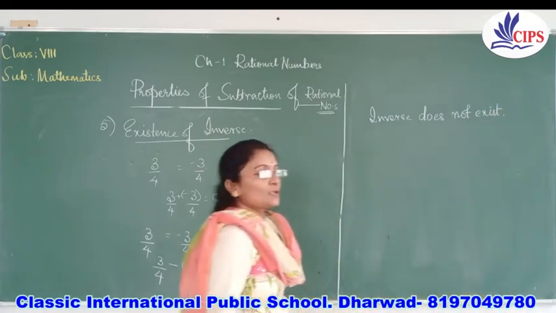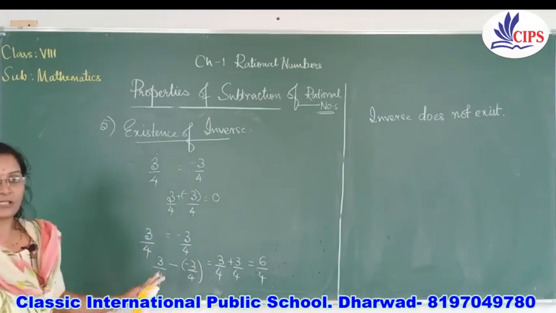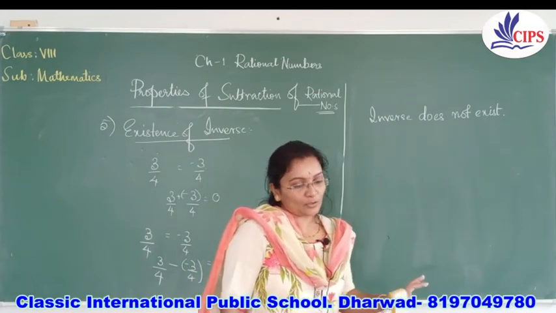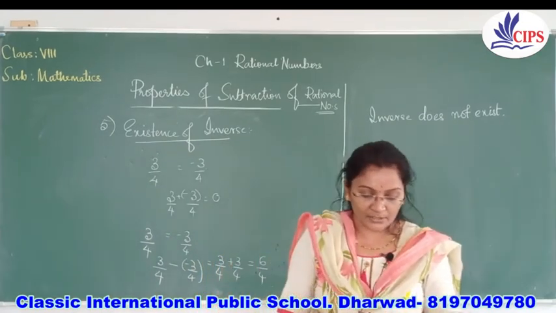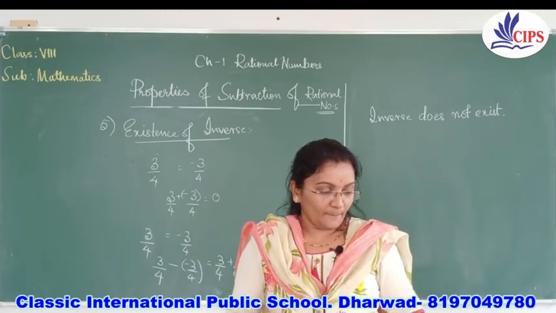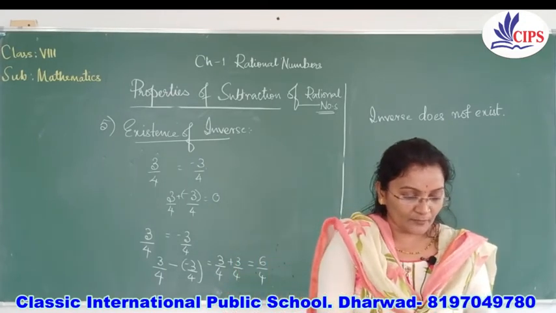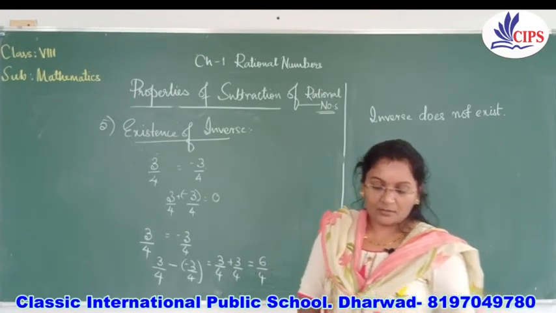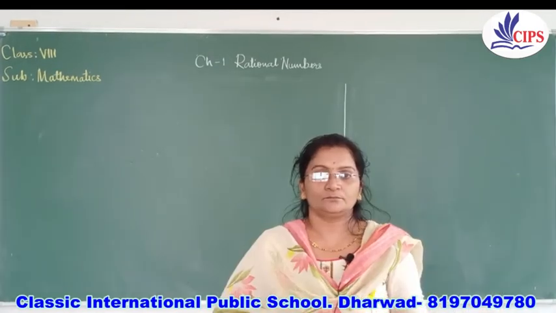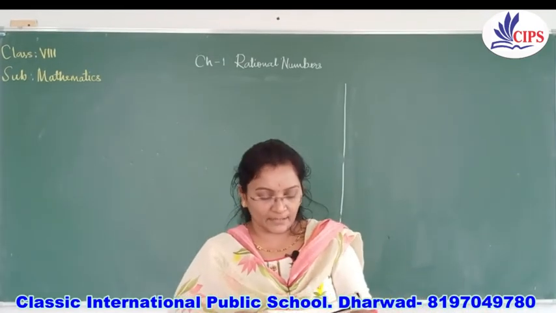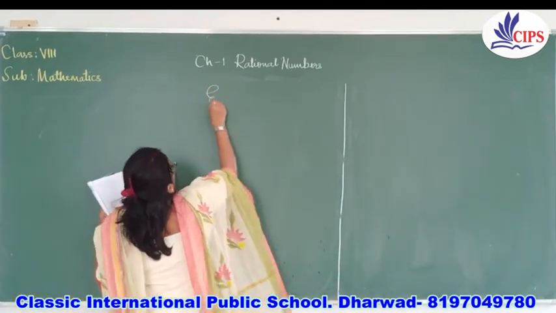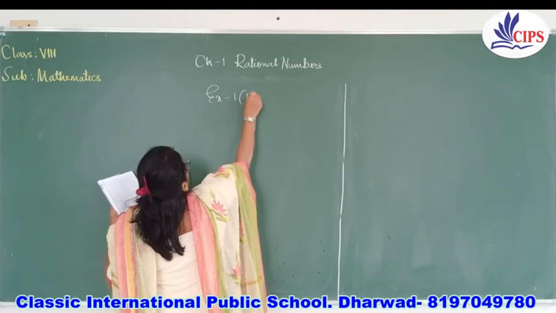Got everybody? So we have completed all the properties for subtraction also. I hope everybody has understood this. Then we'll move on to exercise 1B, that is subtraction. Once you go through all the properties, study well and then solve according to the properties given. Let's start with exercise 1B. Here we have got all the subtraction sums.